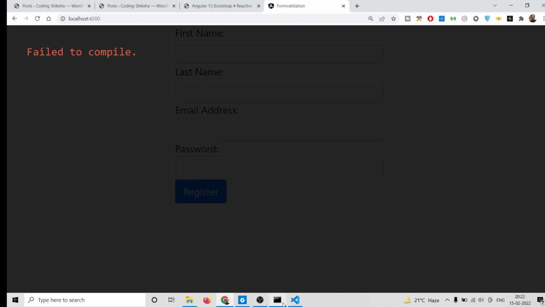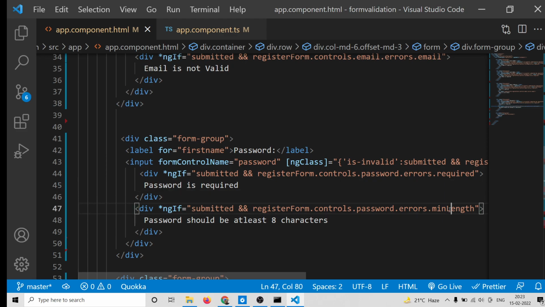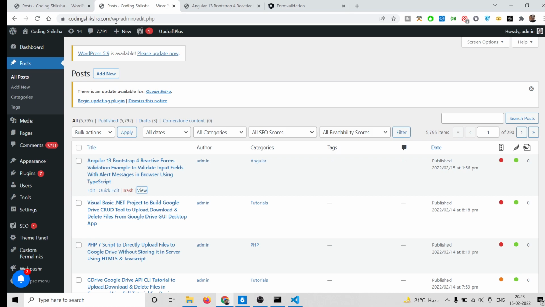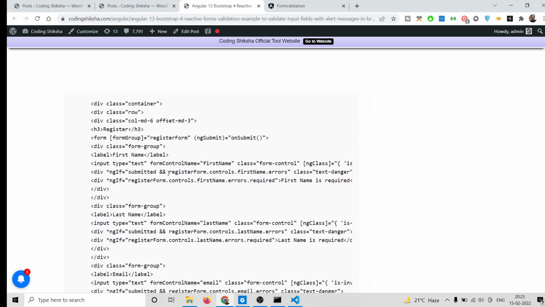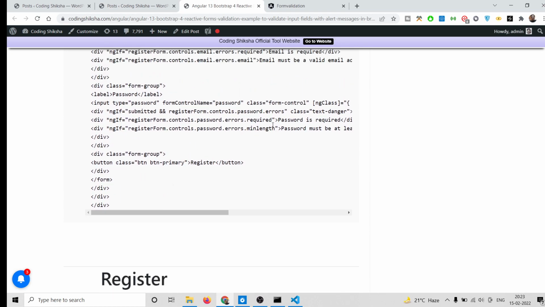So some kind of error is taking place. Sorry, this minlength L is small here, so just make it a small L. Mm, password errors required. If you go to the video description link, I have written a complete blog post. Let me check what the error is here. Password is required. So if you just paste it here,